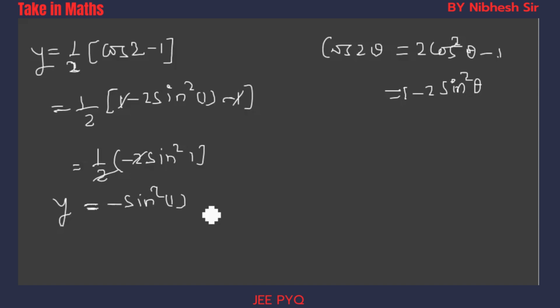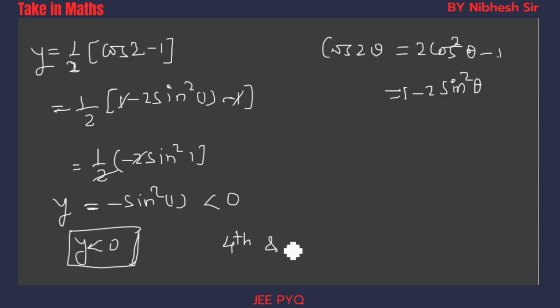what? Basically y is less than 0. Sin square 1 before it is negative, so the y value is negative, so y is less than 0, and y is negative in which quadrant? In the fourth quadrant and third quadrant,